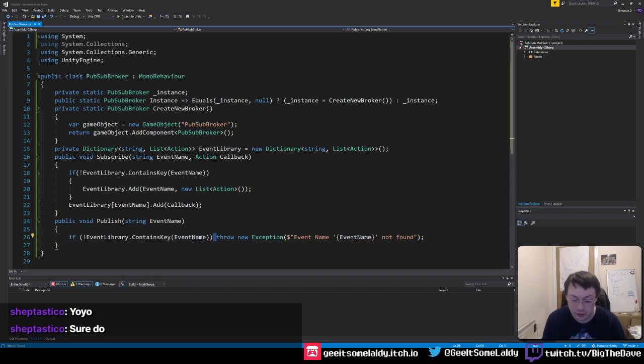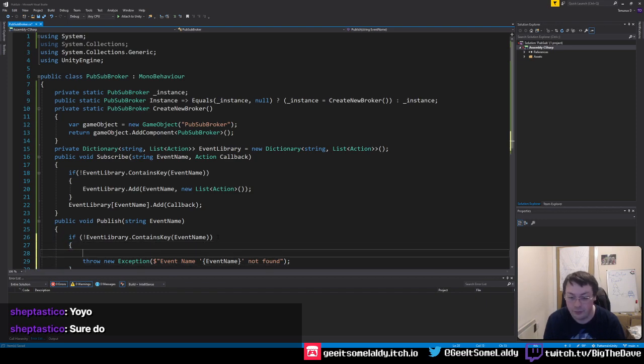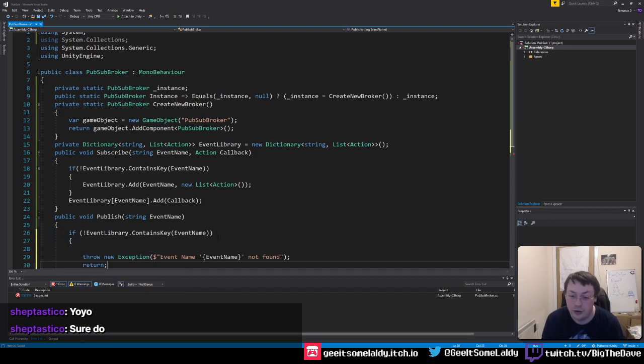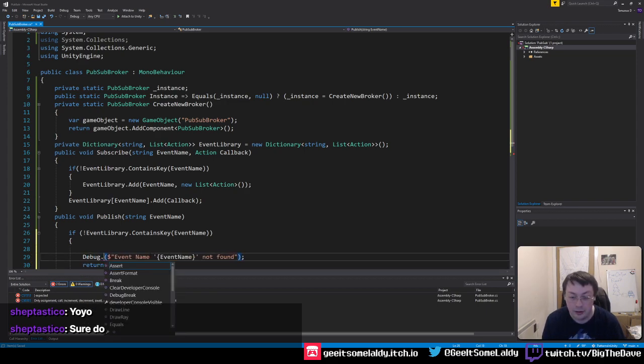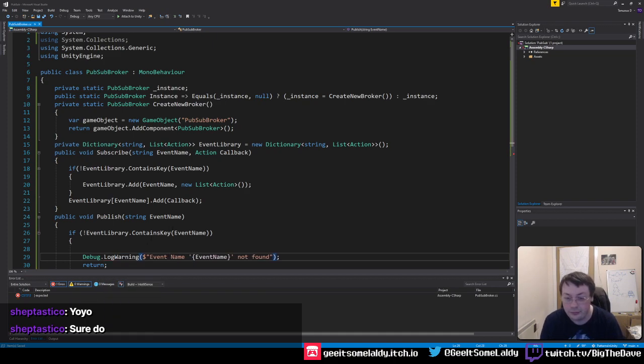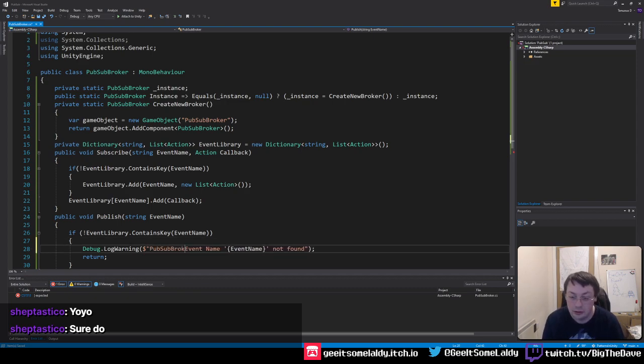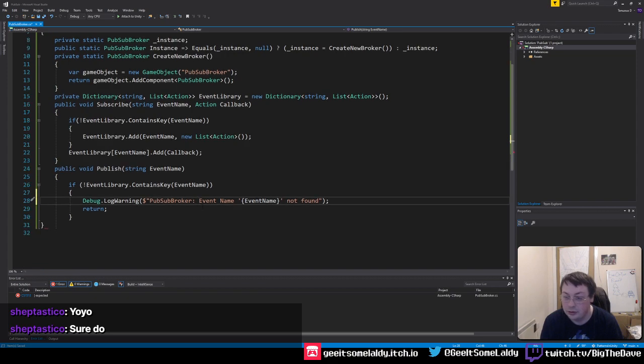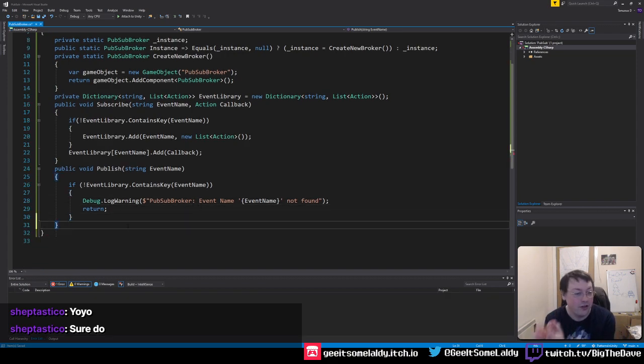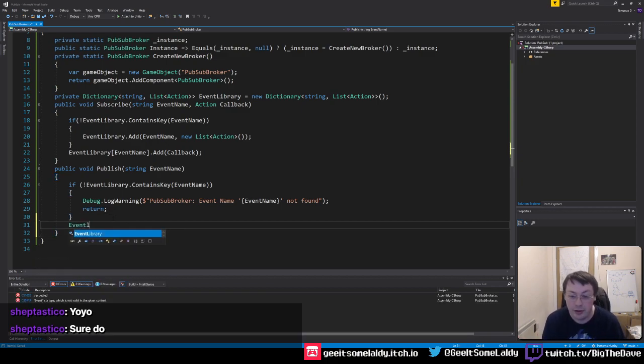No, what we're actually going to do here is just return here, and we're going to do debug.log error or log warning. We're going to warn them that this event was not found. Doesn't care, it still goes on. If we do find it, however, event library, event name,